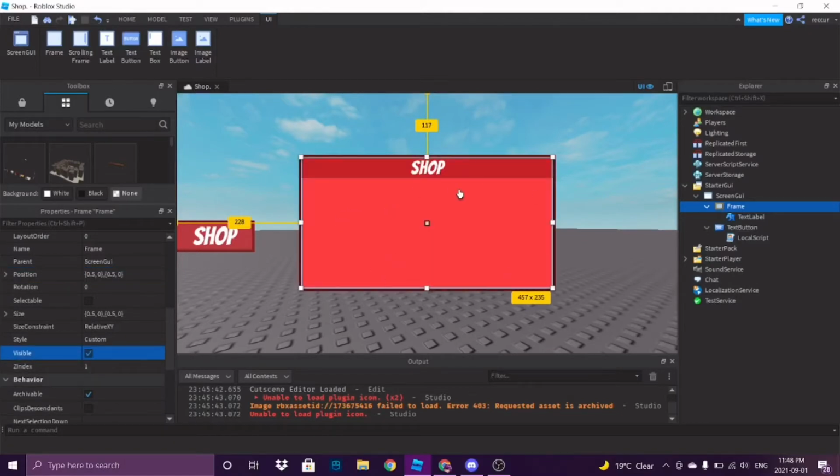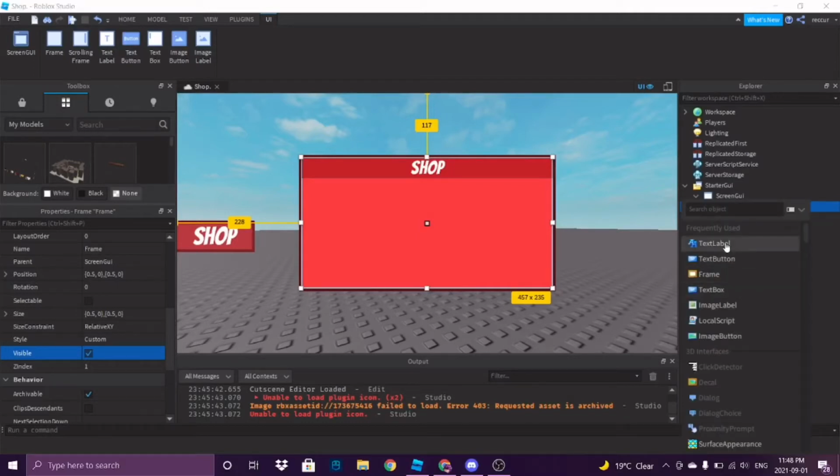Then let's say you want to add stuff in the shop, like for example some gears. Let's say you want to add a sword or something, or maybe something that's not too cliche, like a taco or something. So let's insert inside the frame